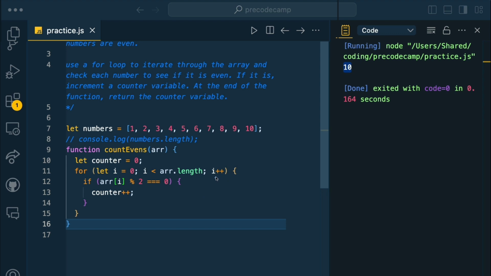And then we want to use our incrementer, which is I++. Okay. Now the next thing that we need to do is throw in an if statement. That if statement is going to look something like this, where we have an if, and then we want to evaluate the current array, the current number, the current index that we're at. And then we're using this special % sign that you see right here, and that's called the modulus, which provides